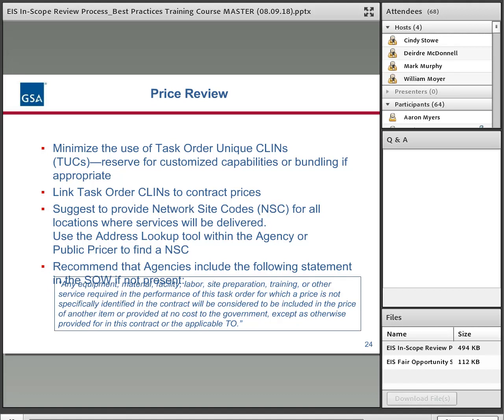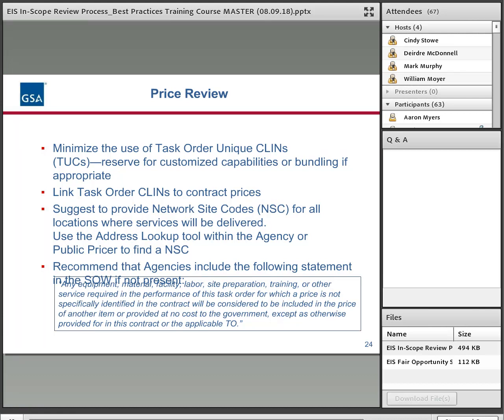We also recommend you can provide addresses of your locations, but what's even better is using network site codes. These are industry standard codes that provide precise addresses. It's unambiguous, where when you enter an address, there's multiple ways of spelling street and other things, and that can introduce ambiguities.